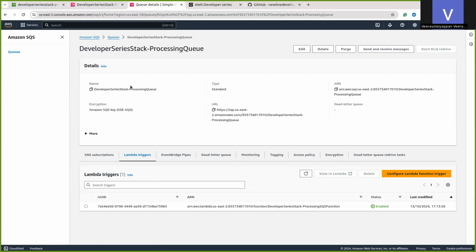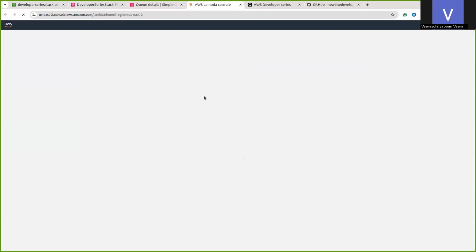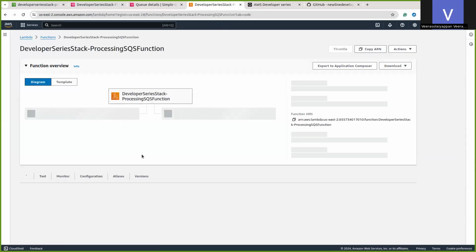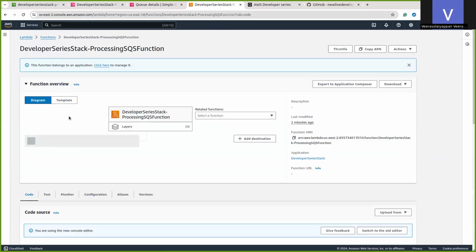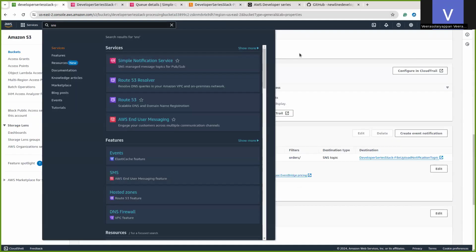That is what we are seeing. Now let's open the Lambda also. This is the SQS function, and its input would be SQS. Great.